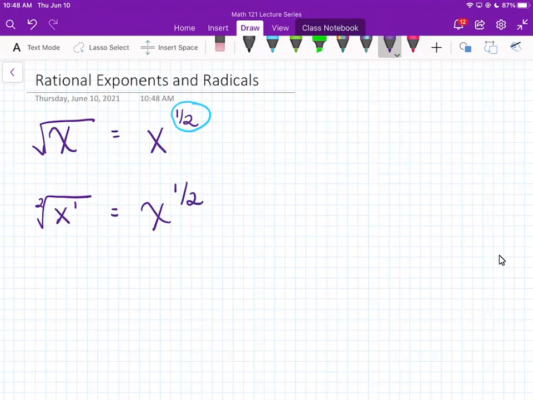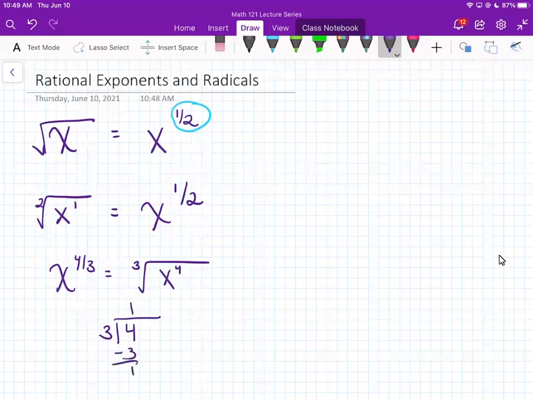As another example, consider something like x to the 4/3. When I set up my radical, the 4 is going to become my numerator, and the 3 is going to become my index. But we remember from our simplifying rules that we can't have an exponent inside the radical that's greater than the index. So we're going to take that exponent 4, divide it by the index. 3 goes into 4 once, with a remainder of 1,